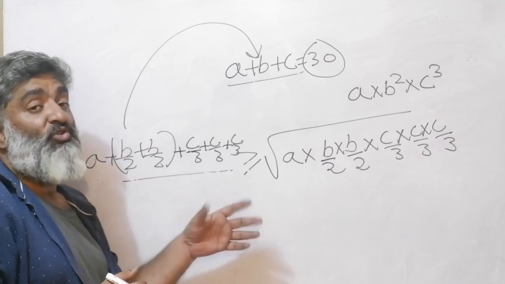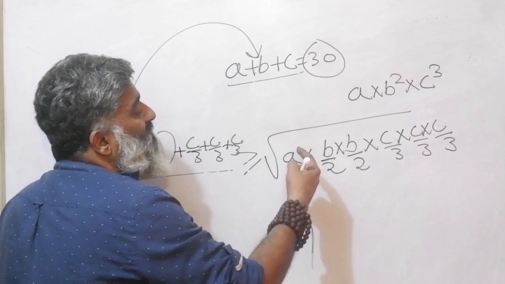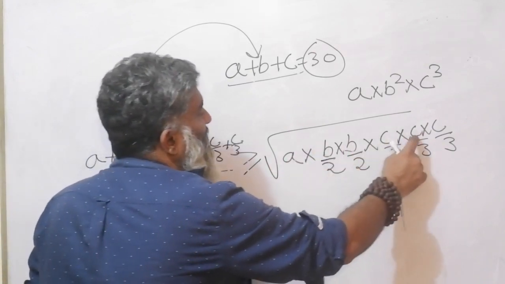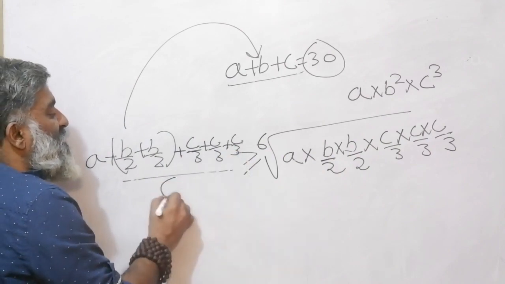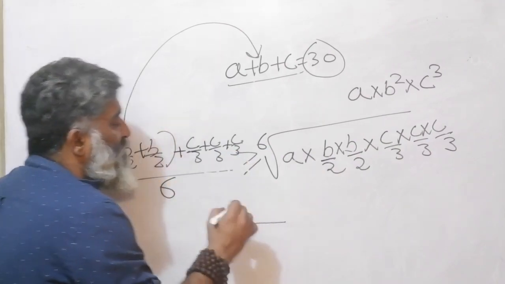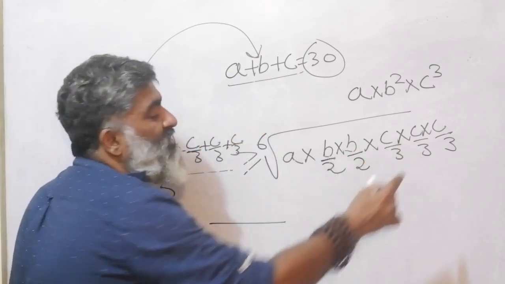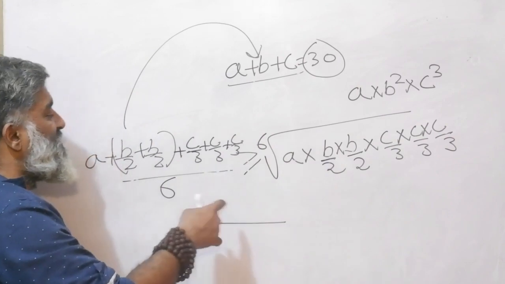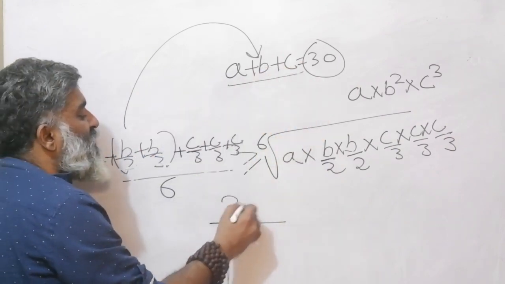Why am I writing it so, and what difference does it make? Where is that important point? It is in the number of terms. 1, 2, 3, 4, 5, 6. That means 6th root of this. 6 terms here, that means it should be divided by 6, right? So that's where you have to pay attention. Think about it, pause, rewind. This is an important point, that you should be careful about the number of terms being generated while you play any such game. But this is nothing but a plus b plus c, so I will just put a 30 here.